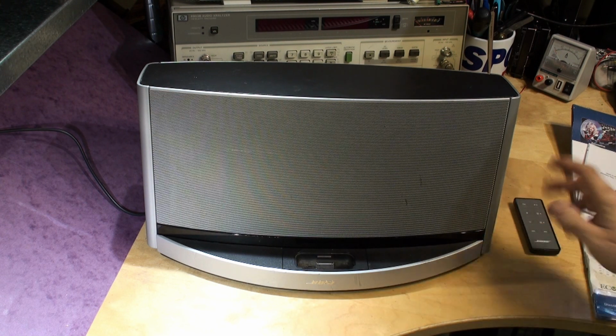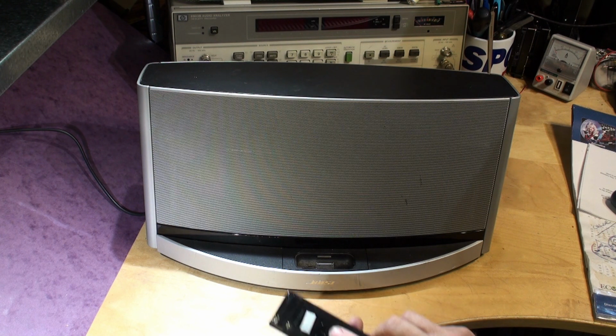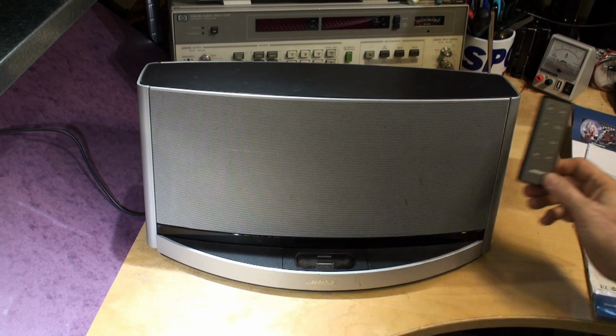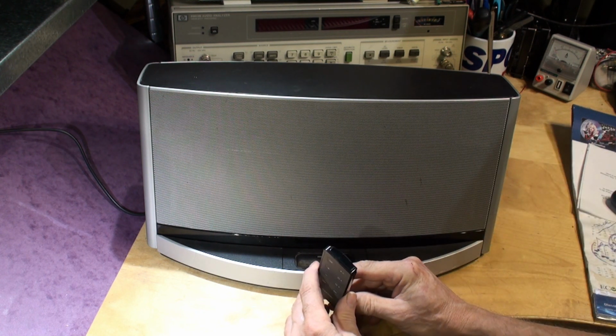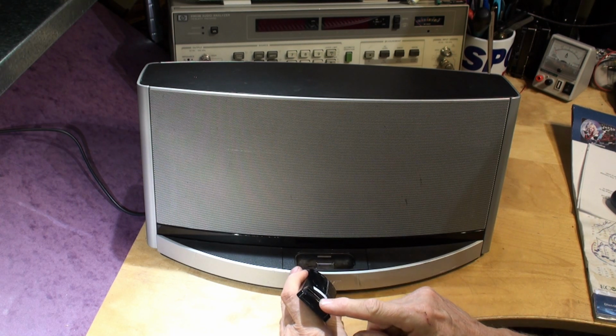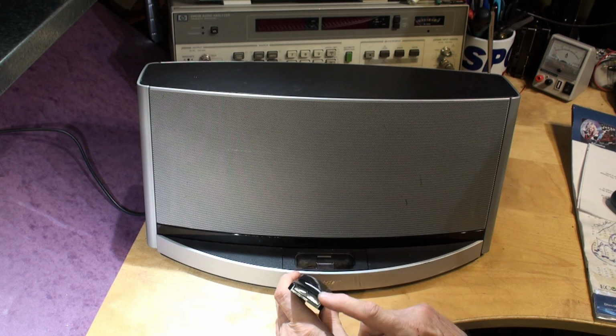So the first thing, if you've got no response, is to check the batteries in your remote are correct by removing this panel at the back and changing the batteries. If you're unsure if your remote is working, actually, you can go into a completely blacked out room and just look at the end of here where the infrared LED is, and that infrared LED, even though you can't see it with your eyes, will show up on